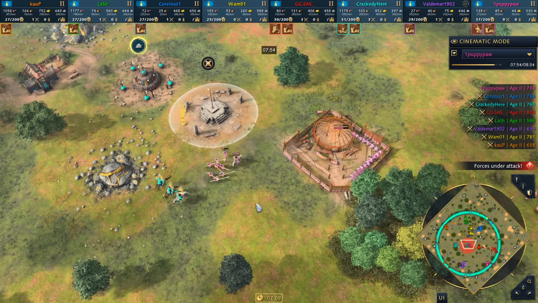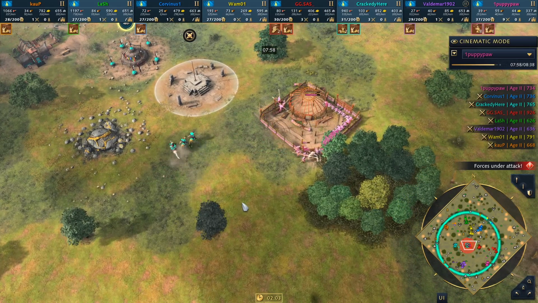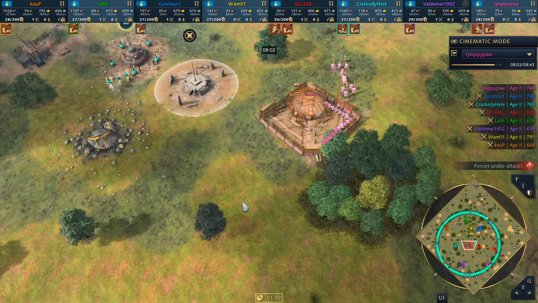So this argument is like, oh, it's a lot of villagers. Yeah, but when the circle comes in, a lot of villagers are going to have to move anyway, right? So you might as well stagger the move and have half your eco active while the others are prepping the